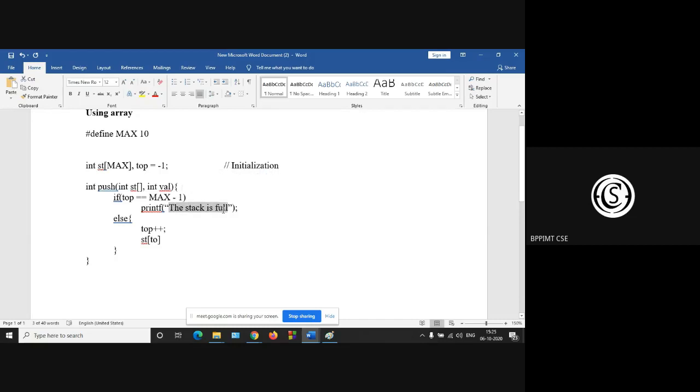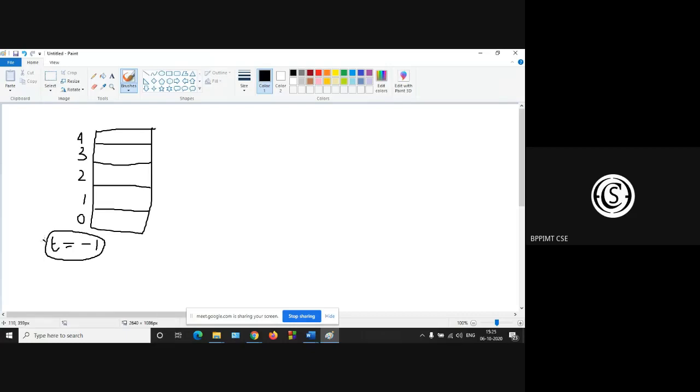Otherwise, you have to first increment this top to the next index and then insert an element, either 10 or any element.